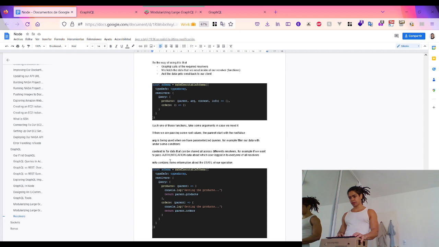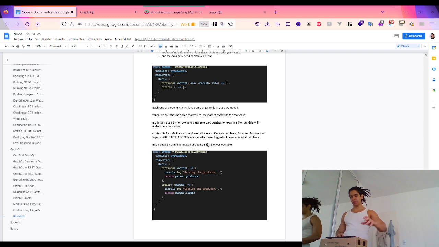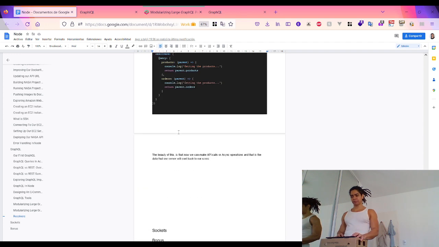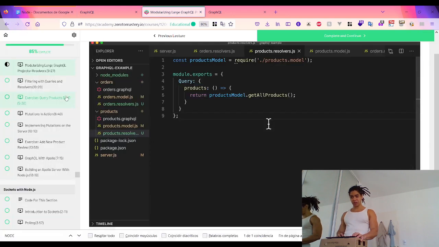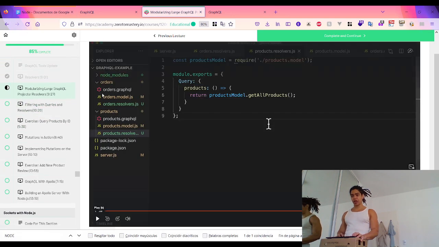So args, context, and info, that's right. Context is data that can be shared across different resolvers. For example, if you want to pass authentication data about which user is logged in to all of our resolvers. Info contains some information about the state of our operation. So that's right. Now what I'm going to look at is how to modularize large GraphQL projects,